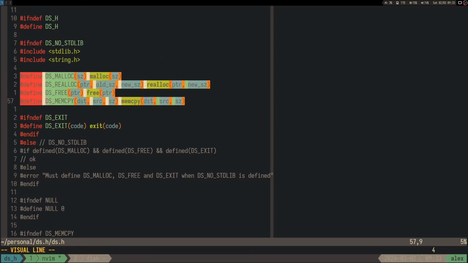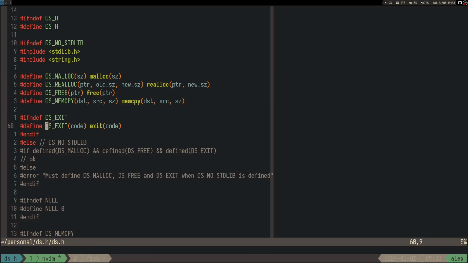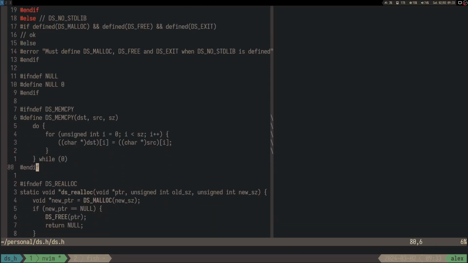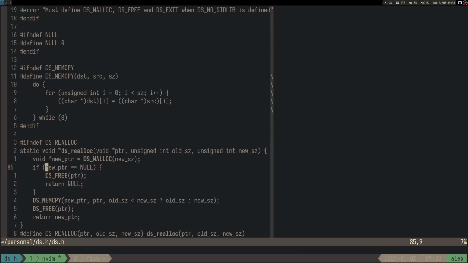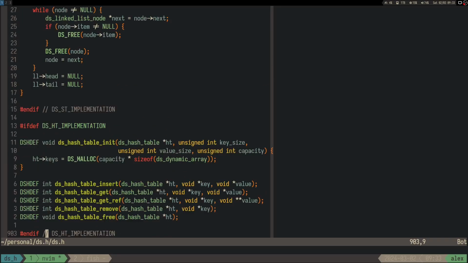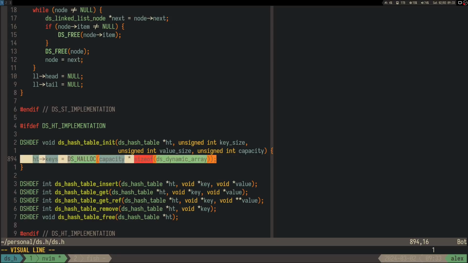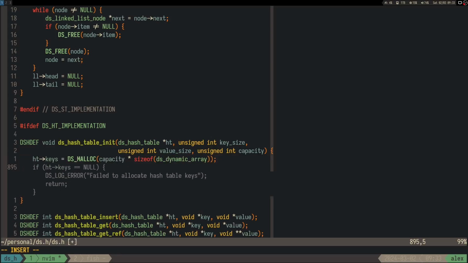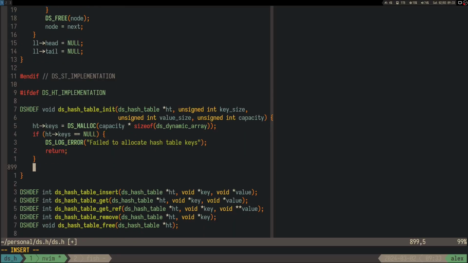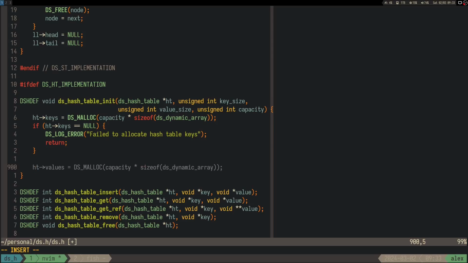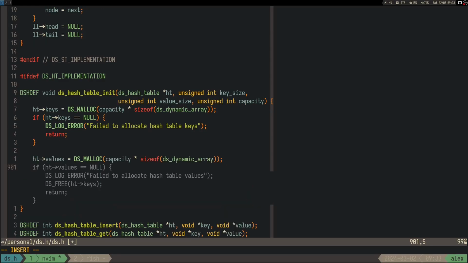Oh, but whatever. I have to see how I'm going to fix those things. So we malloc the keys, right? We also have error handling. We also have to malloc the